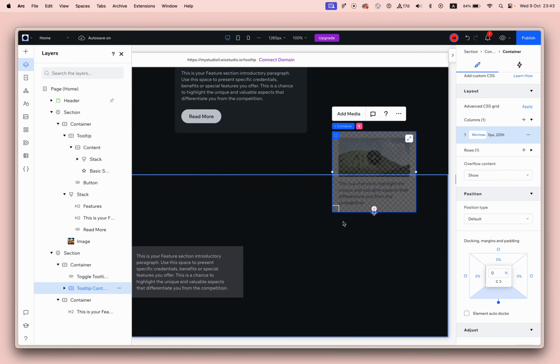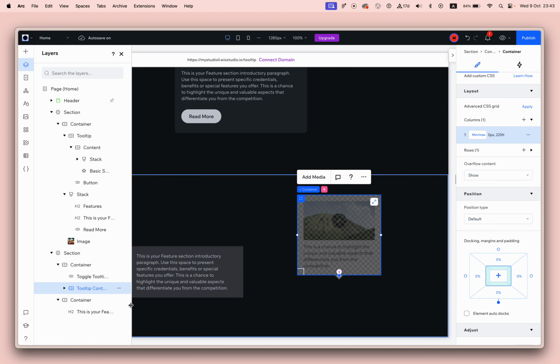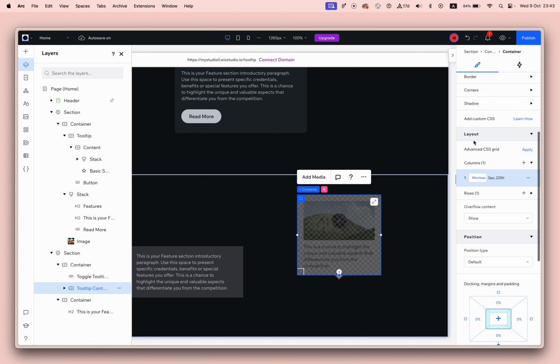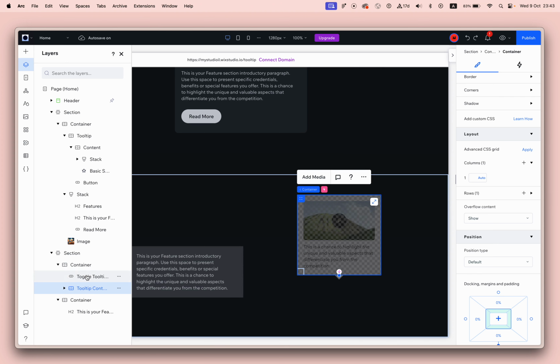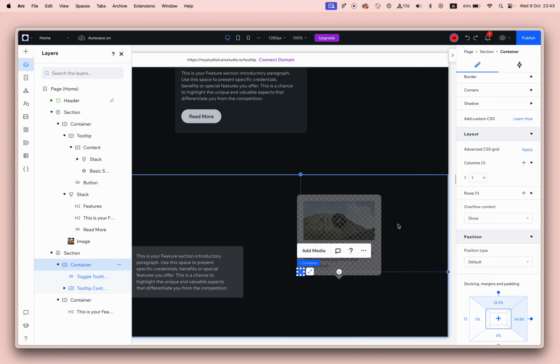So let's select the container. Now you can see that I can move the entire container with all the elements inside of it, but still it's not placed in the right way. So if we will change the column to be also 22 pixels. Oh my god, oh, this is the tooltip. Let's go back to the